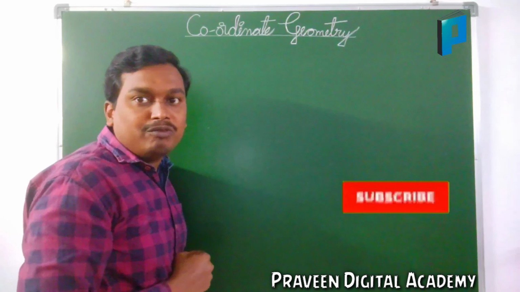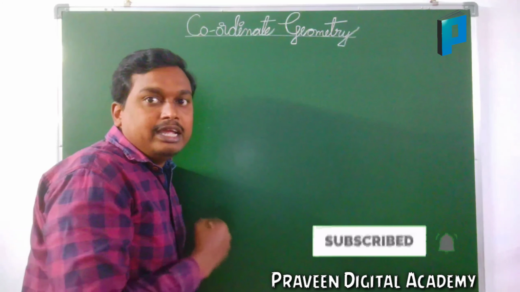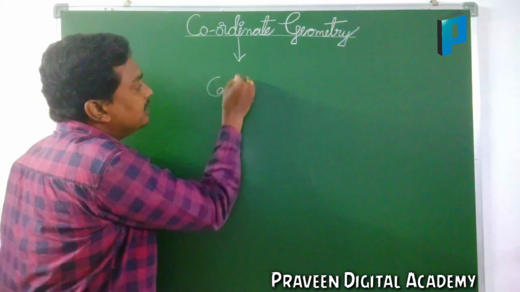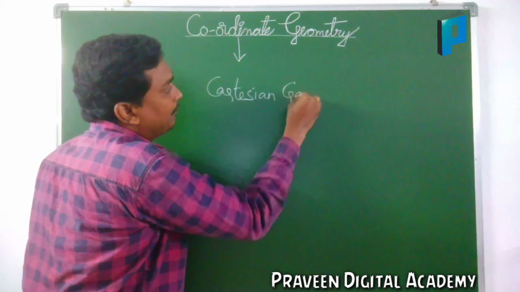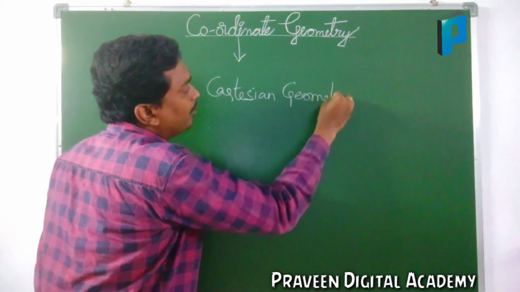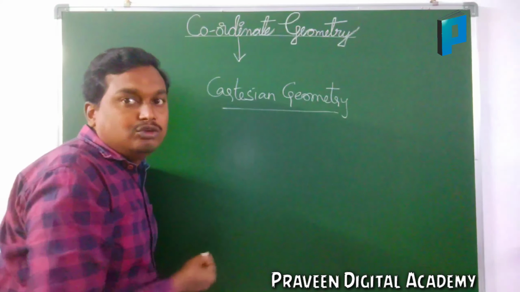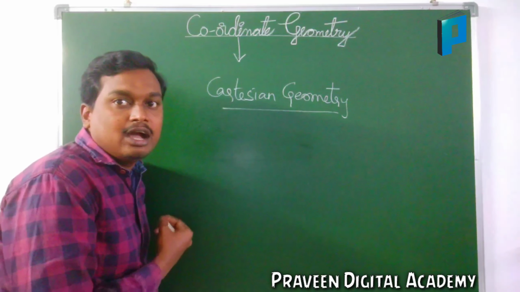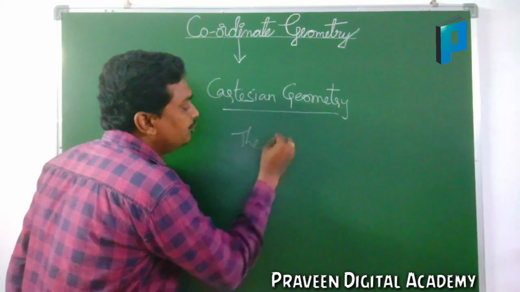Today I am going to explain coordinate geometry. First of all, we will know what is meant by coordinate geometry. Coordinate geometry and Cartesian geometry are the same. Coordinate geometry is also known as Cartesian geometry. The definition of coordinate or Cartesian geometry is the study of geometry